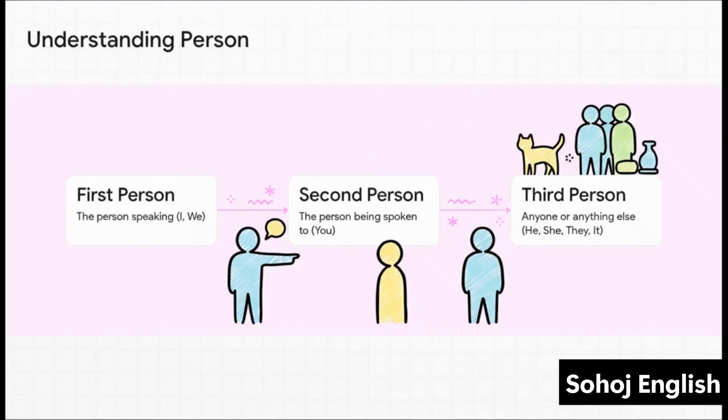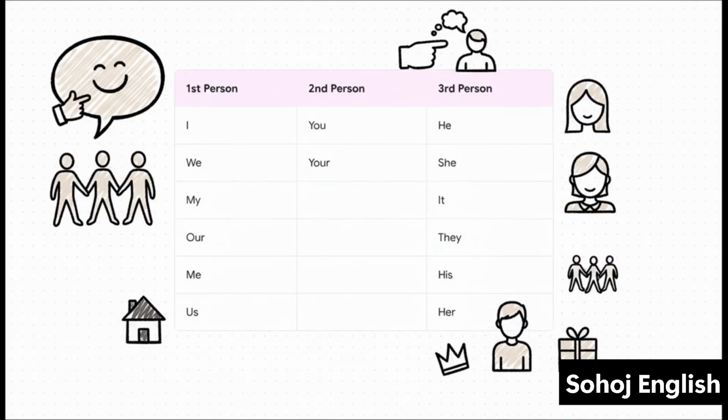It's really simple. Imagine you and I are having a chat. I am the one speaking, so I am the first person. I am speaking to you, which makes you the second person. Now, if someone else walks up and interrupts our conversation, they are the third person. See? I am first, you are second, and he or she is third. That's all it is. So let's see how our building blocks fit into that rule.